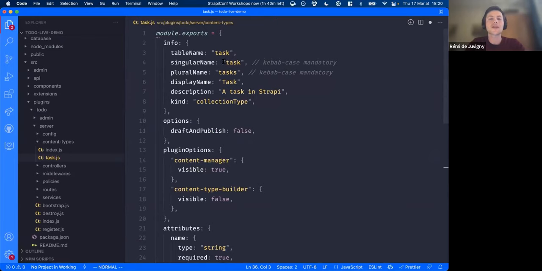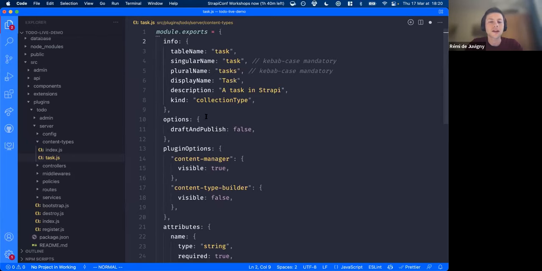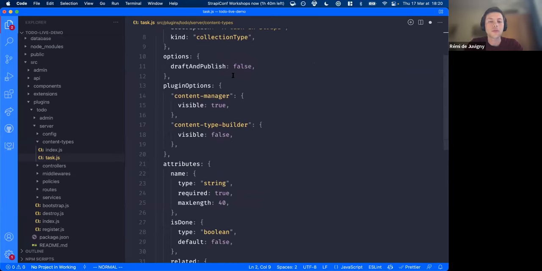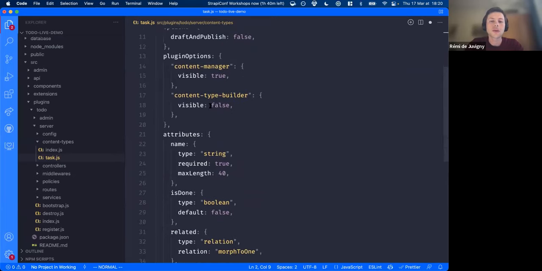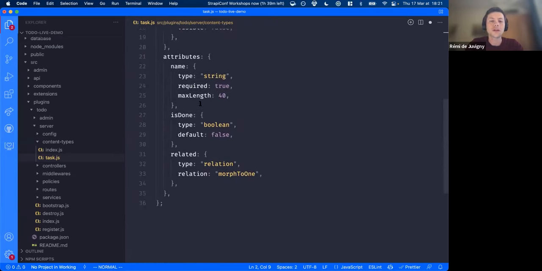And you can see that this format, you're probably familiar with if you're a Strapi user, because this schema is exactly the same as any schema JSON file that would be generated by the Strapi content type builder. So I've got all of the information about database, display names, etc. We're turning off draft and publish, and we want to make sure that the plugin is not visible in the content types builder. Then we have the attributes object, which is where we can configure all of the different properties